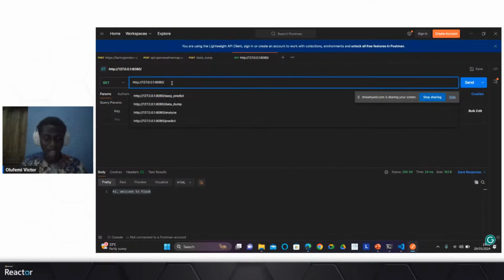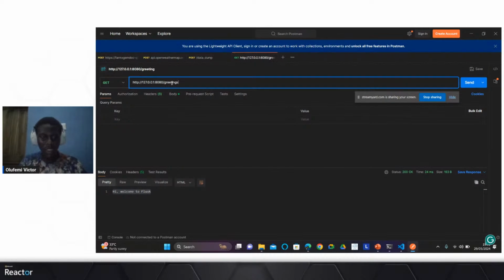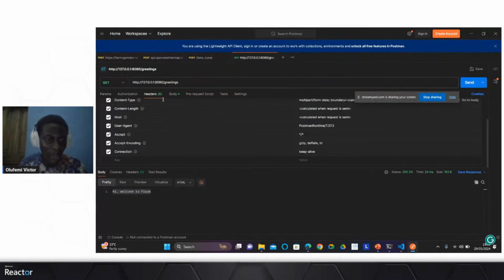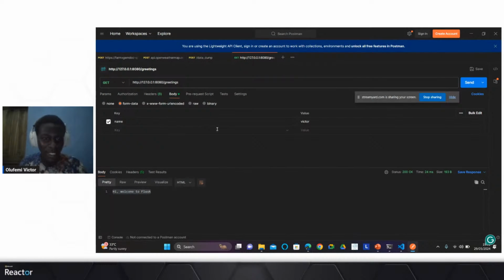And then remember, we have an endpoint called /greetings, which we've created. Essentially it requires you to send a body. So I've written name here as my key, and I'm sending Victor. I'm going to send that as a POST now. So let me press enter and send that. And voila, I get a response from the server. Hi, Victor. How are you doing today?